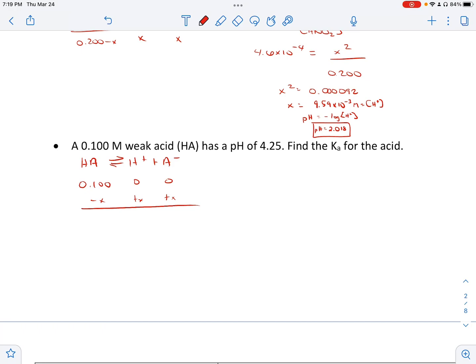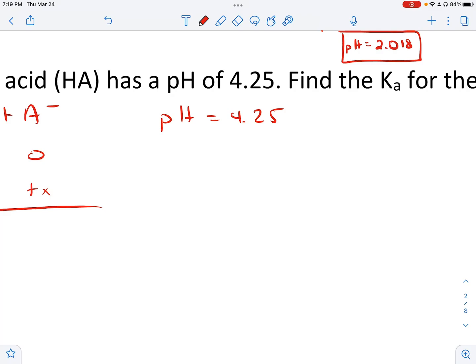All right, now at this point, we can find x, right? We can work from pH of 4.25. We can work that to hydronium ion concentration, or H plus, right? Same thing, is equal to 10 to the negative pH, right? So 10 to the negative 4.25 will give us our H plus, which is what we're looking for. So we're going to go second log, that was inverse log, second log, and we're going to go negative 4.25 there, and we should get